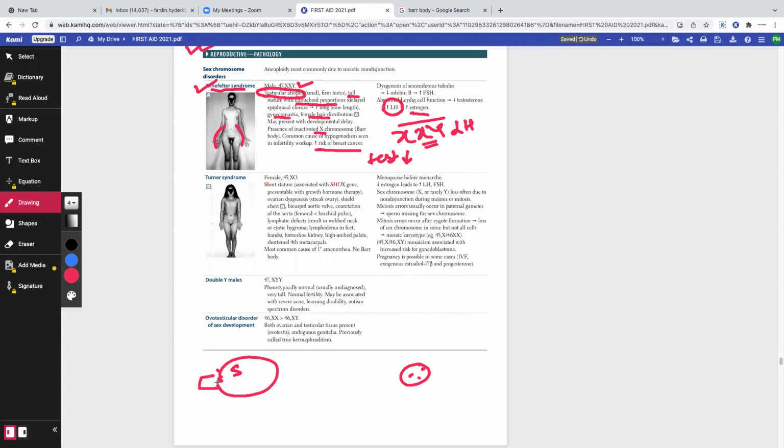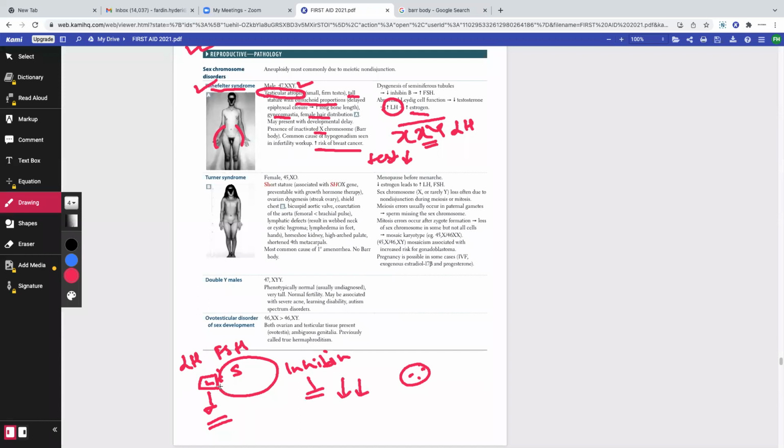Leydig cells outside, right? So over here, we know that the LH will come over here, and they will induce the Leydig cells to secrete testosterone. And the FSH will come, and they will come in contact with the receptors of the FSH in the seminiferous tubules and induce the Sertoli cells to secrete inhibin. Can we expect that the testosterone level and the inhibin level in these patients to be really low? Yes or no? The answer is yes.